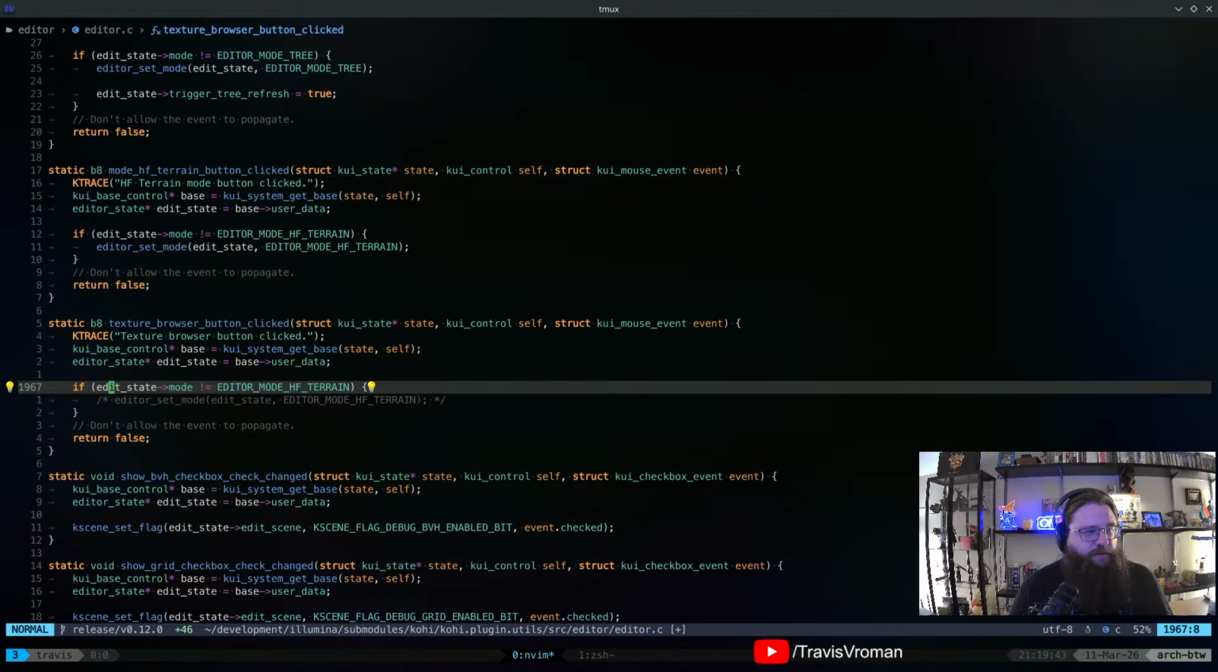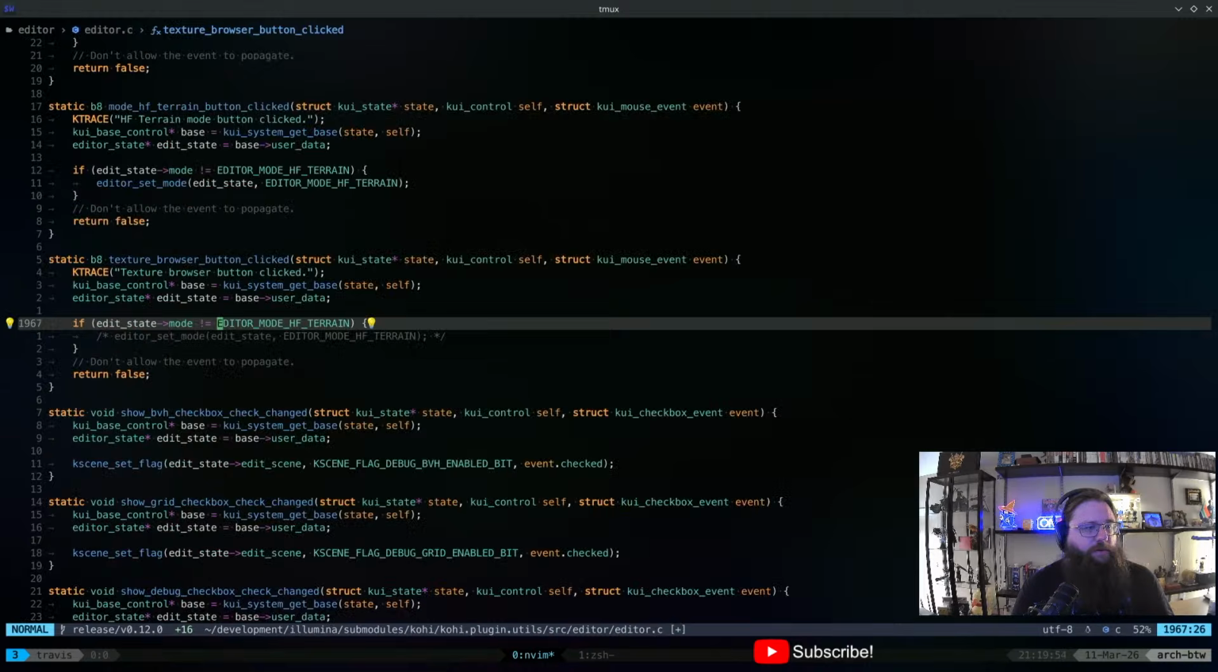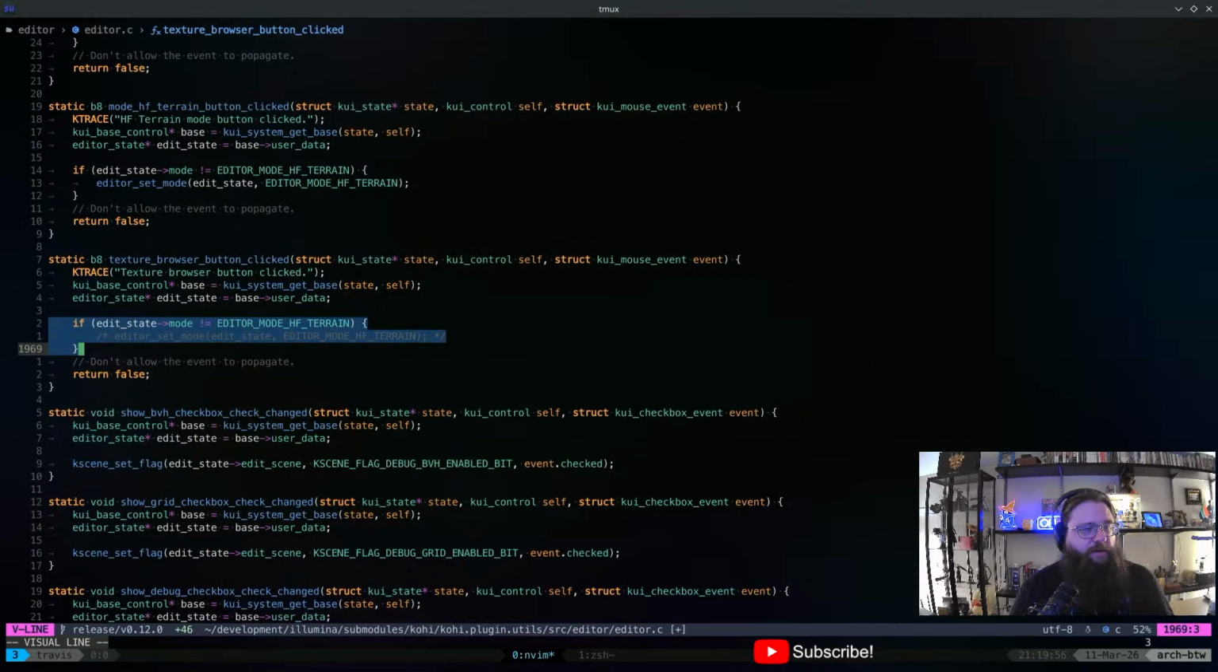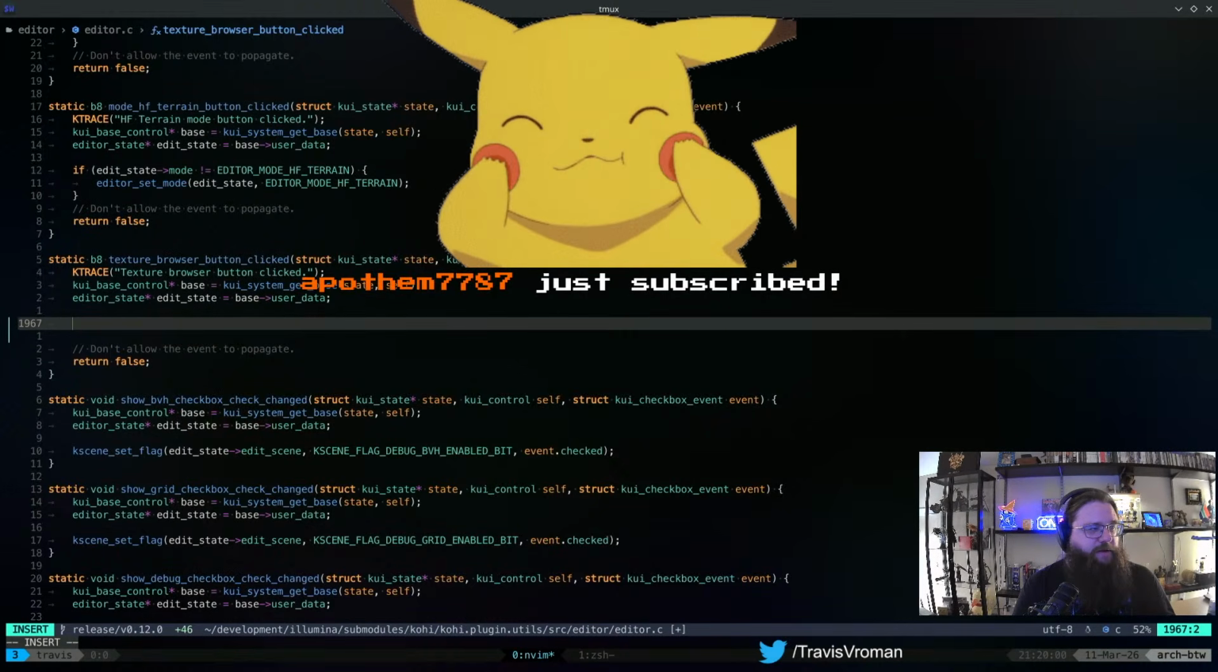So let's see. Why were we checking the mode here? I don't think this actually matters. Yeah, this doesn't actually matter. All we actually need here is the